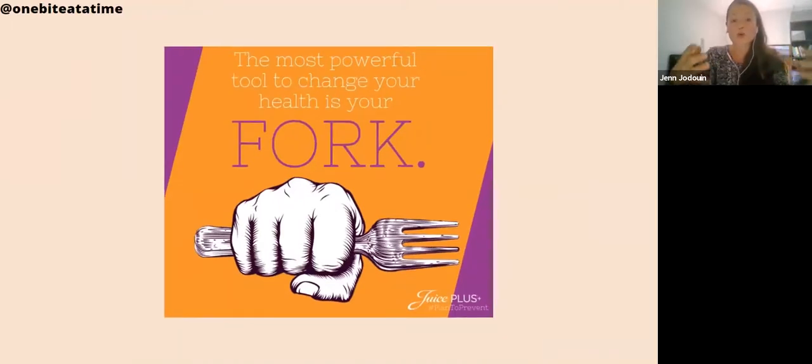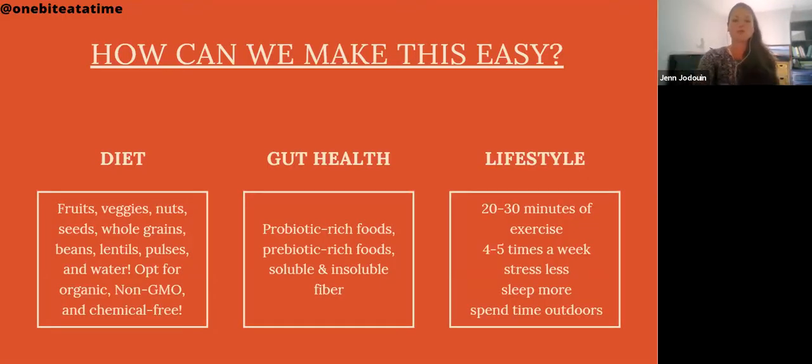So the most powerful tool that we can change in our health truly is our fork. Okay, so grab those fruits and vegetables and start eating them. You cannot go wrong by adding more fruits and vegetables to your diet. Okay, so how can we make this really easy? How can we really support